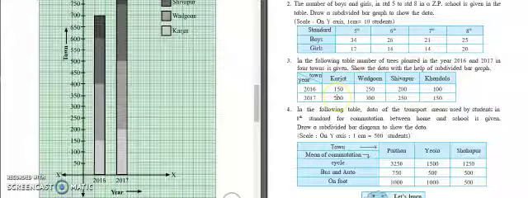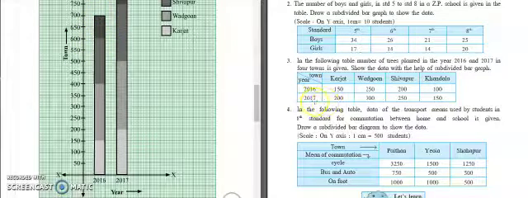Now mark the years given accordingly. Trees planted in Karjat in 2016 is 150. So for 2016, this bar is 150. Then again Vadgaon. So add 150 to 250 and you will get 400. Then add for Shivapur 200 to this 400. So you will get 600. Then add 100 for Khandala. So you will get 700.